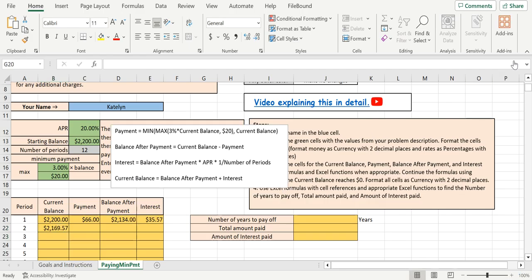So now what we need to do is autofill these formulas until we reach $0 for the current balance, or until you reach negative. If you reach negative, that means you've overpaid and you need to backtrack until you find that $0. All right, so we're going to autofill the payment, balance after payment, and interest, each one cell, so then we